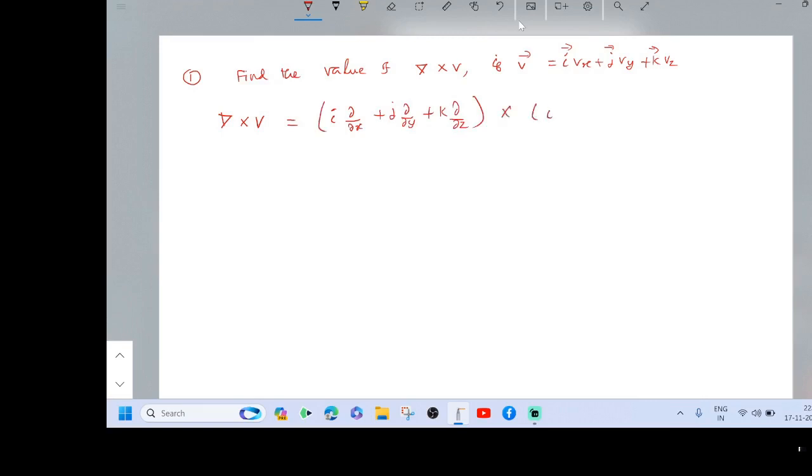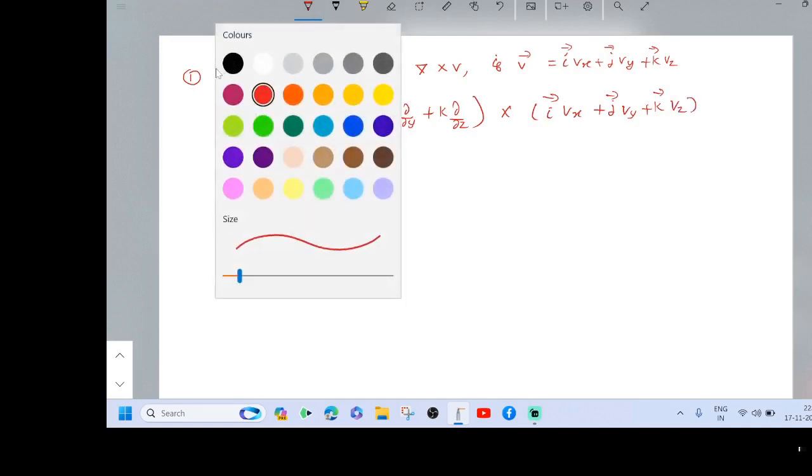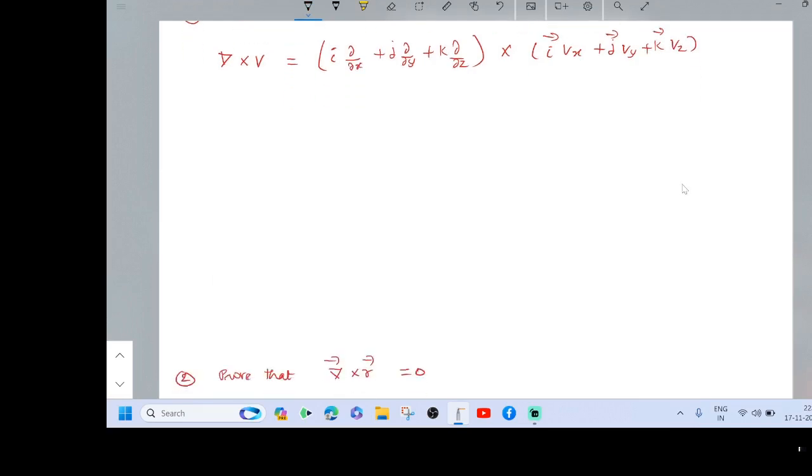cross i vx plus j vy plus k vz. So take the curl v. Just we have to present the things inside the determinant. i j k, the operator ∂/∂x, ∂/∂y, ∂/∂z. Then write down the coefficients of i j k of v. Here vx, vy, vz,